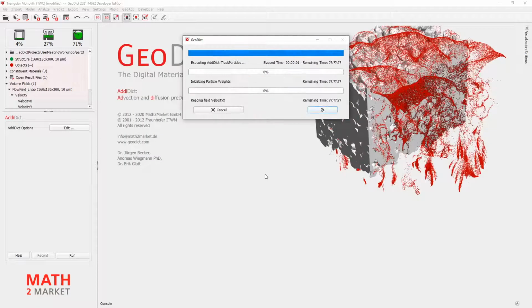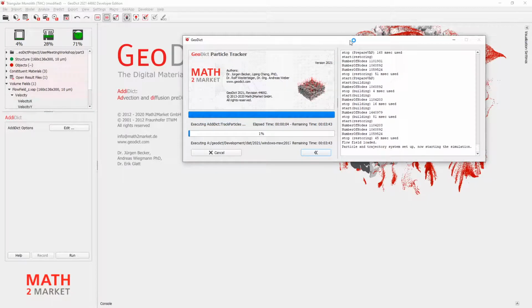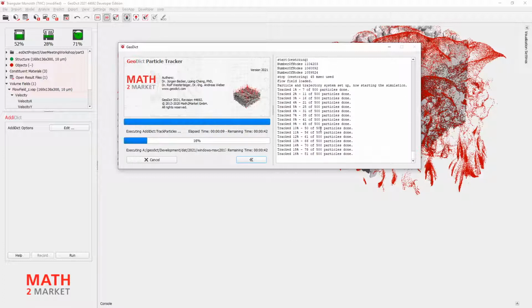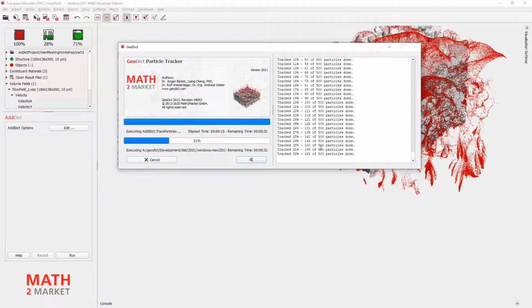Let's see what happens now. It may take a little bit longer than the flow simulation, but not much. See, we are tracking 500 particles here. Each particle is independent of each other, so particles do not see other particles that we have simulated here. Nevertheless, our random movement assumes that there are some random hits with other molecules, but it's only a question of modeling. So we do not have real collisions.